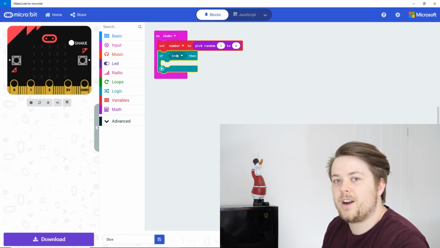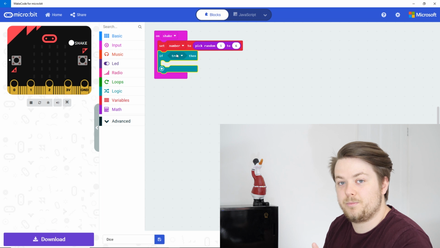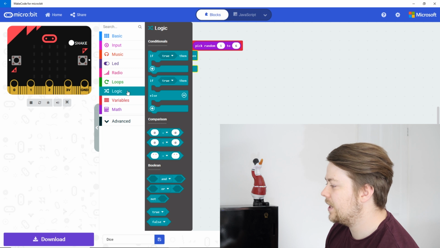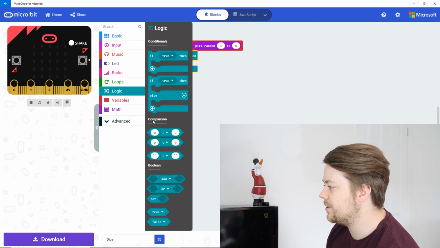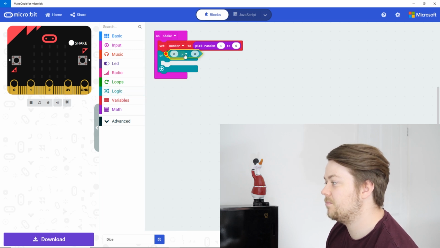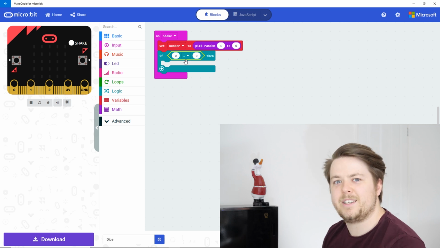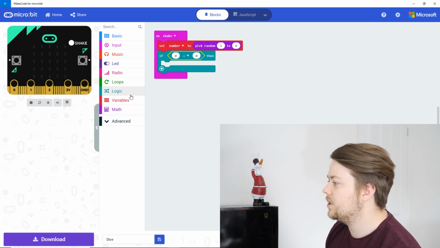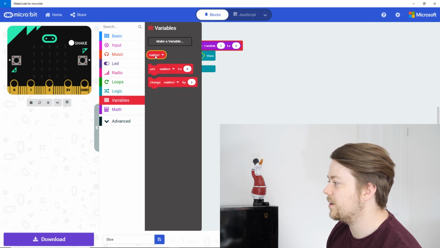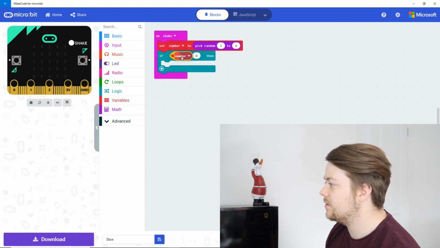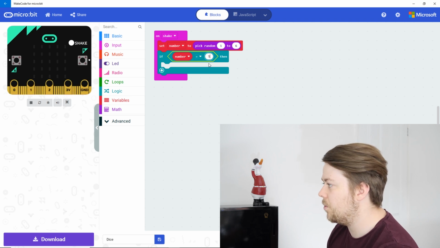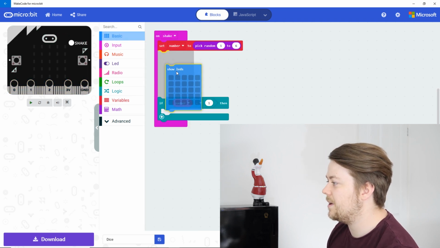So to figure out if our number is 1 or 2 or 3, we want to go down to logic again. I see there's this heading comparison. So in here the top one is 0 equals 0, which is obviously true, but we don't want to say is 0 equal to 0, we want to say is our number equal to 1. So if we go back to variables, we find our number. Let's click and drag that into the first one. So if our number equals 1, we then want to show some LEDs